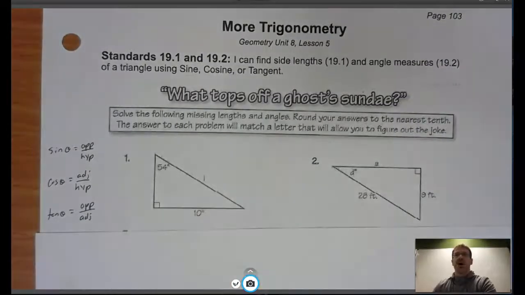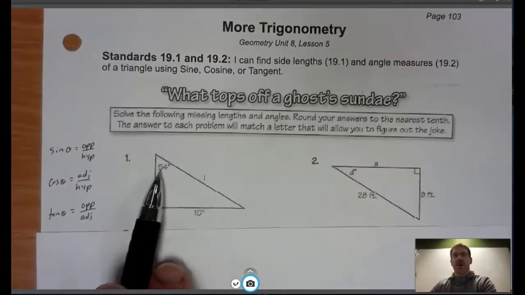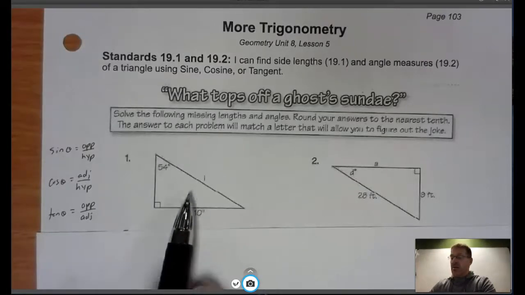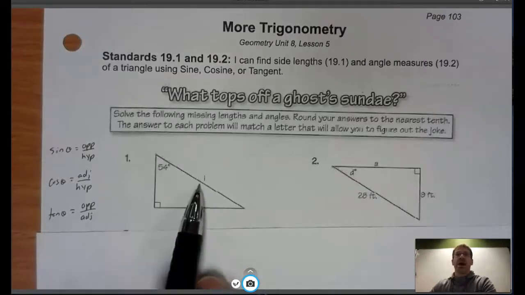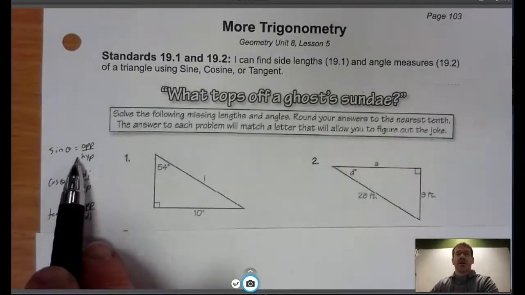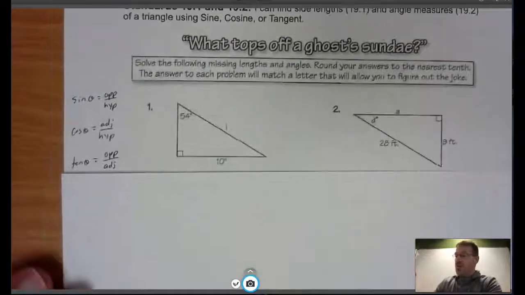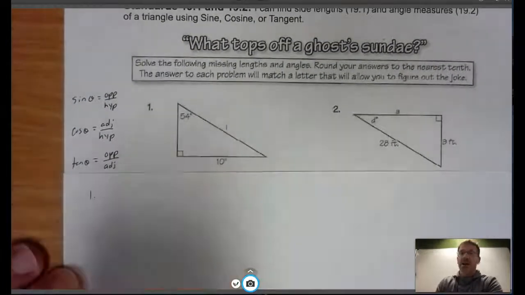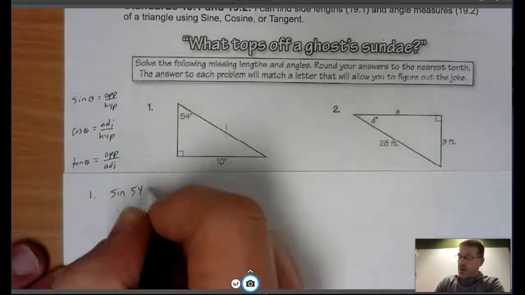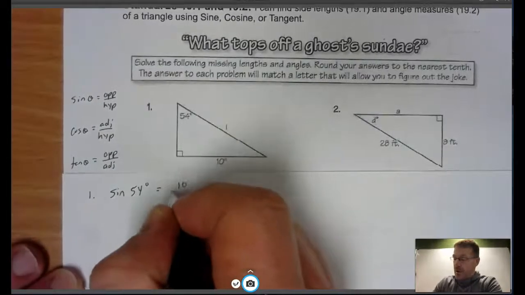Notice in this triangle I want to find x here. I have 54 degrees, and I also have the side opposite of 54, which is 10. And I'm looking for x, which is the hypotenuse. So I have the opposite side and the hypotenuse, which means I want to set up my sine equation. I'm going to do this on a separate sheet of paper to make a little more room for you to see. So I'm going to write sine of 54 degrees equals the opposite side, which is 10, over